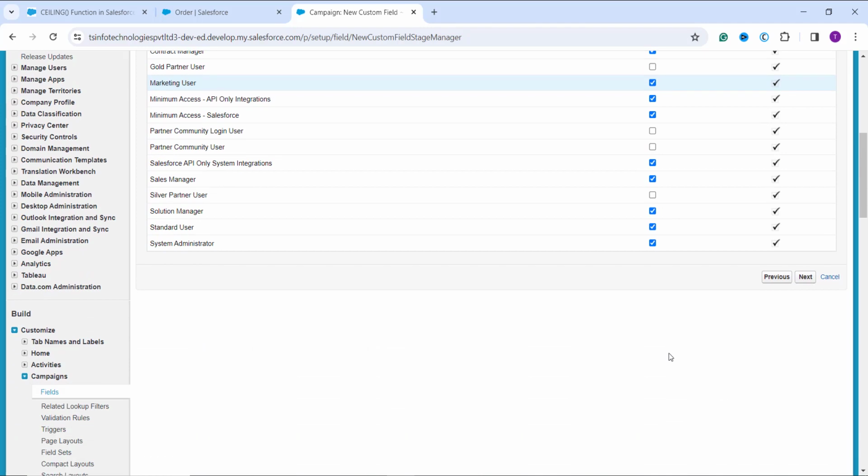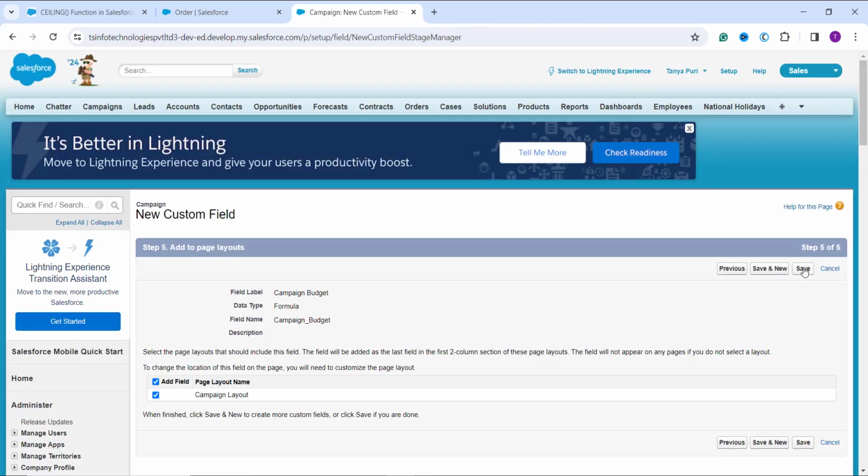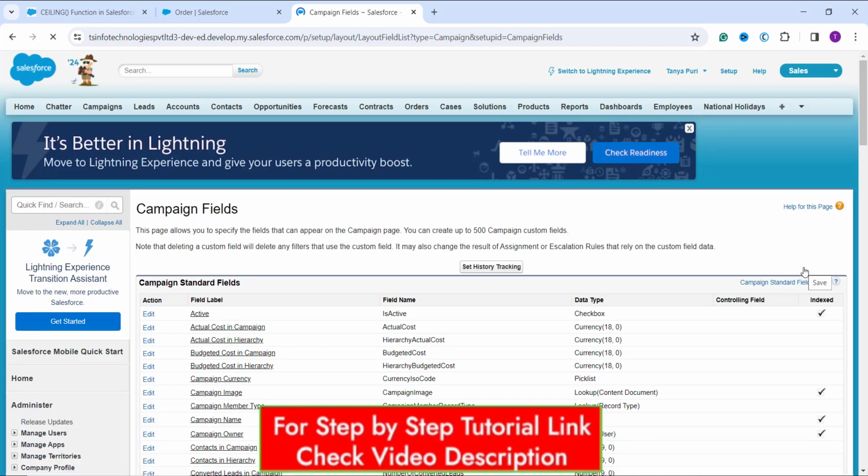And after doing such settings, you need to click on the next button, and it will take you to the page where you need to choose the page layout on which you want to include that field. And here is only one page layout that is selected by default. If you don't select any page layout, the field will not appear, so it's very mandatory that you select the page layout. Otherwise you need to customize these things later on as per your requirements. So I click on the save button to complete the process of creating the formula field